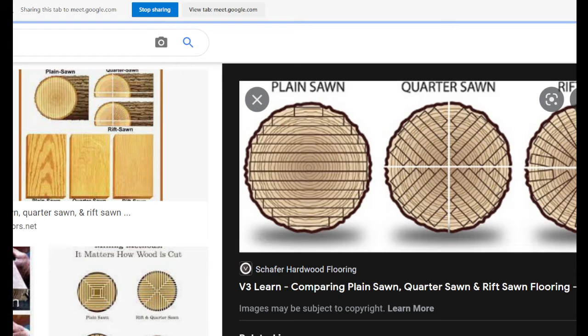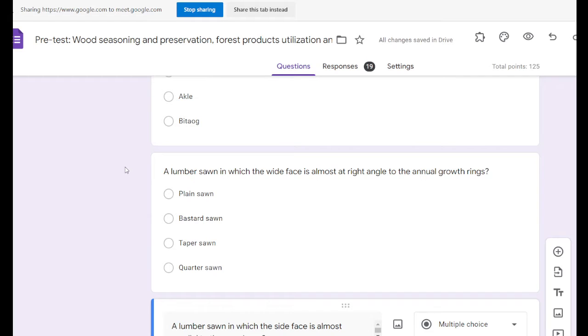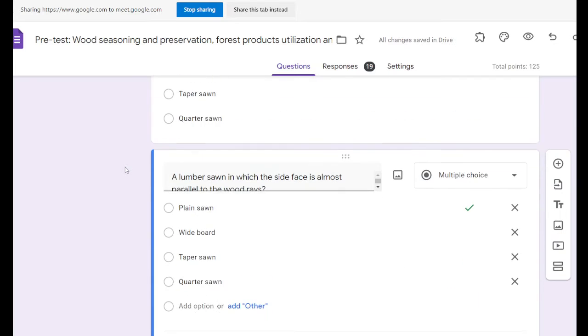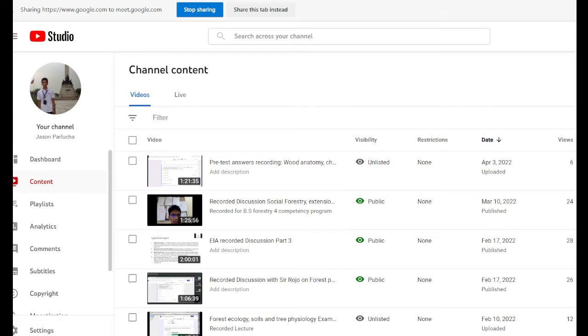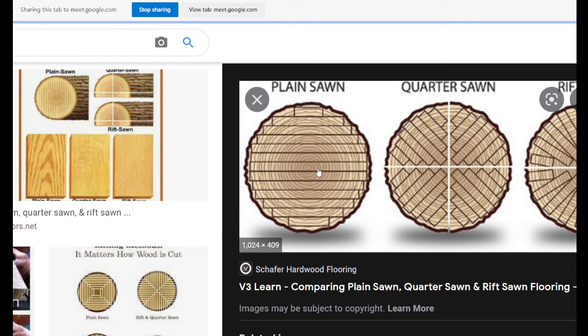Now, ang katong second question, a lumber zone in which the side face is almost parallel to the wood race. Okay? Parallel to the wood race. So, if this is your lumber, if this is your log, ang wood race na dito nga direction. Okay, dito nga direction. So, if you check that direction compared to the side face diri niya and the sides